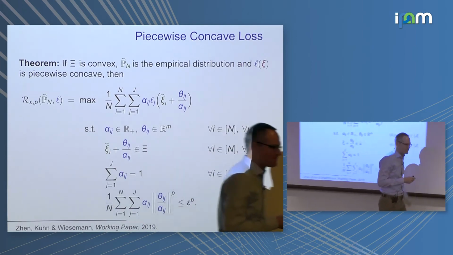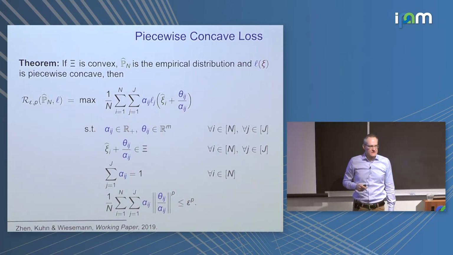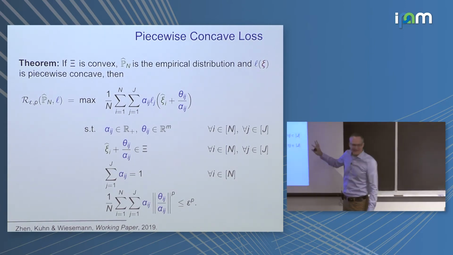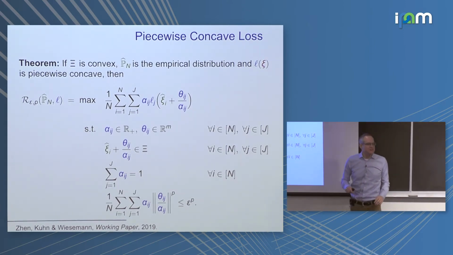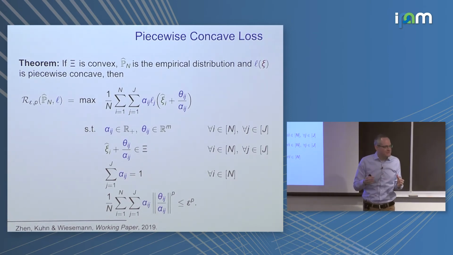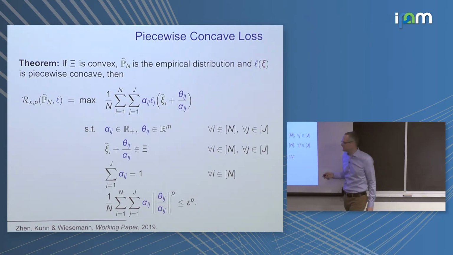Is this only true under a Wasserstein ball or true under general convex constraints on the problem? So it's a bit hidden here. Actually, to derive this, the worst case risk evaluation problem can be seen as a linear program over distributions. It can be reformulated as a moment problem. And for moment problems, we know that the extremal distributions, if they exist, are always discrete. And this is related to that. So this is a special case of a more general situation.